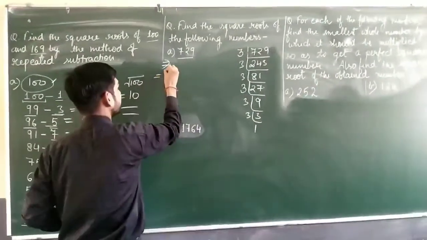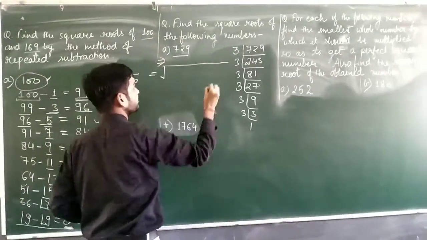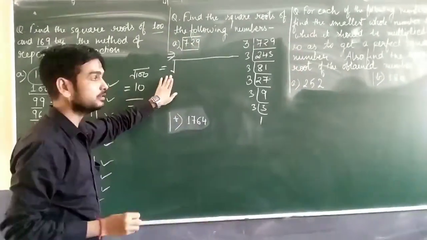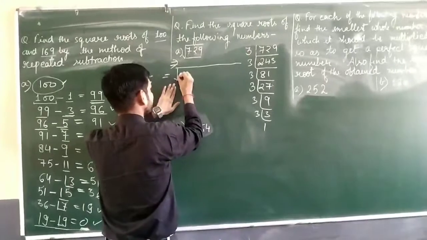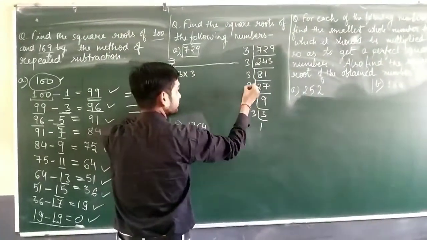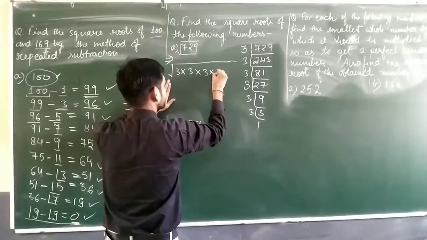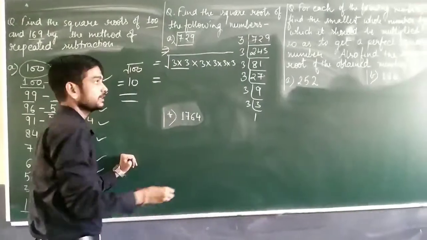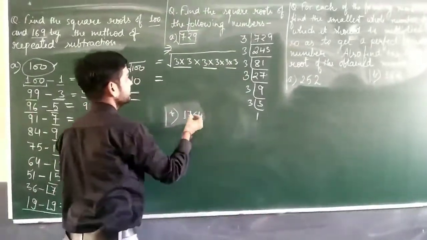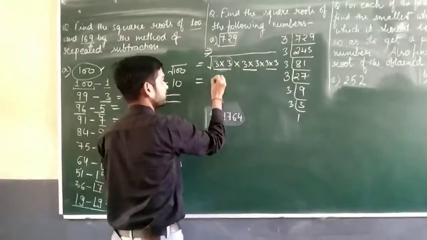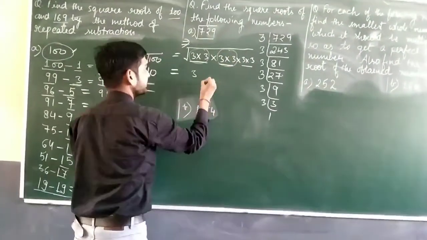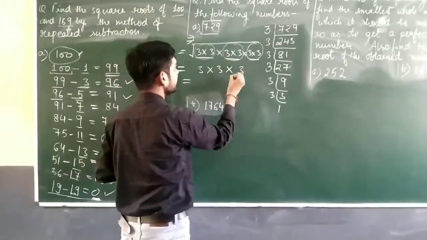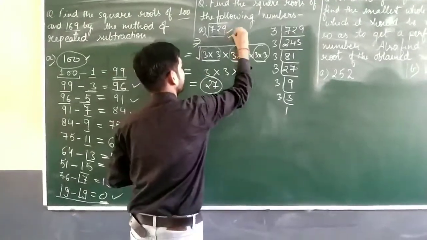So we have to write down these factors inside the square root symbol. This is the square root symbol, so we will apply this symbol here also. And now we have to note down the factors here: 3, 6 times. Now, students, we will make pairs. You can see this pair is done, this pair is done, this pair is done. So we can pick only one 3 from here, then again one 3 from here, then again one 3 from here. Now multiply: 3 3s are 9, 9 3s are 27. So its square root is 27.